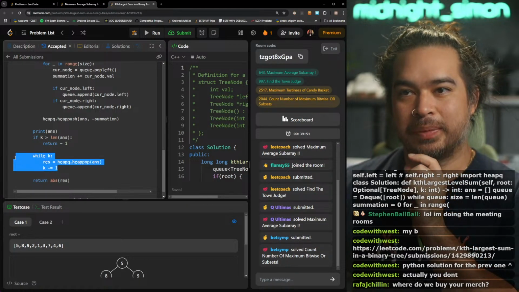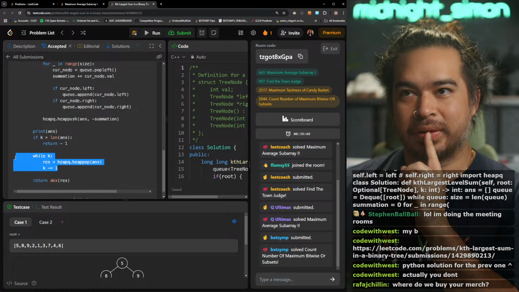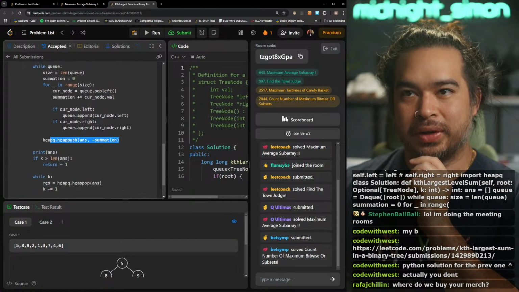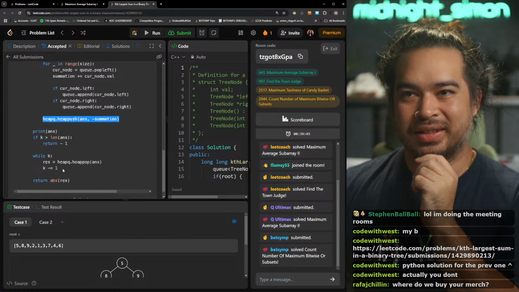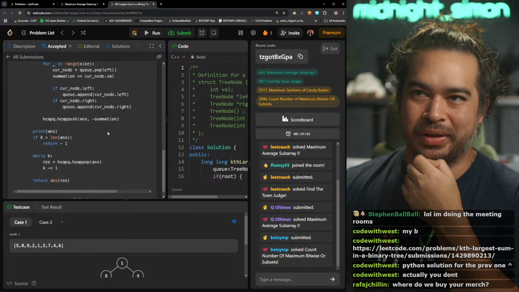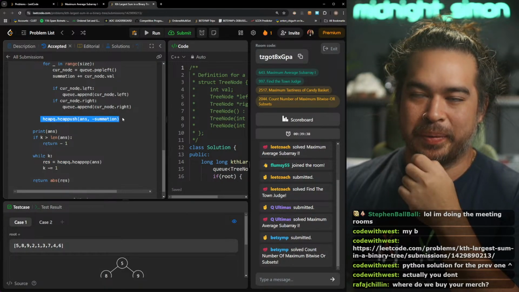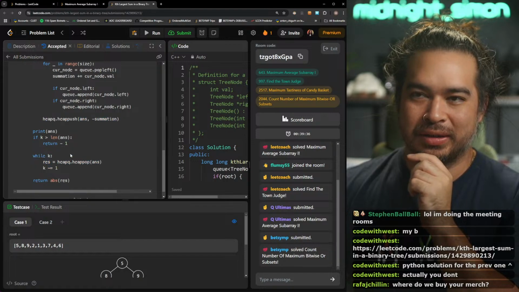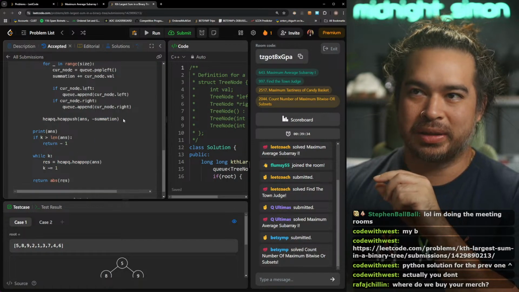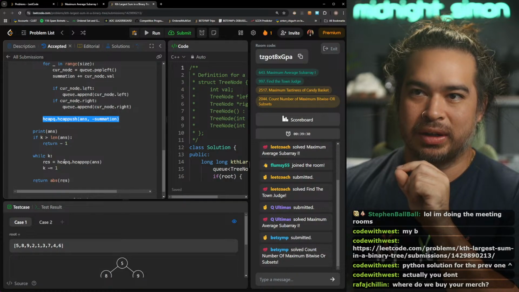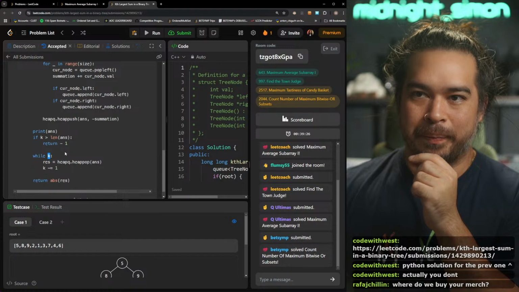This part seems a little bit sus because, I guess it's somewhat, I don't know. I think it's better to pop right here. I guess it gives you the correct answer, but you would get a better time complexity by popping as soon as your heap grows bigger than k.